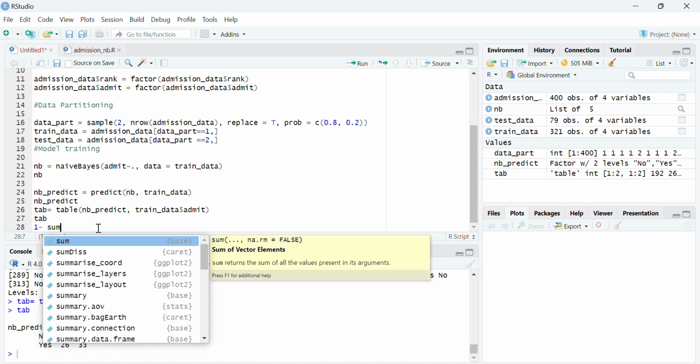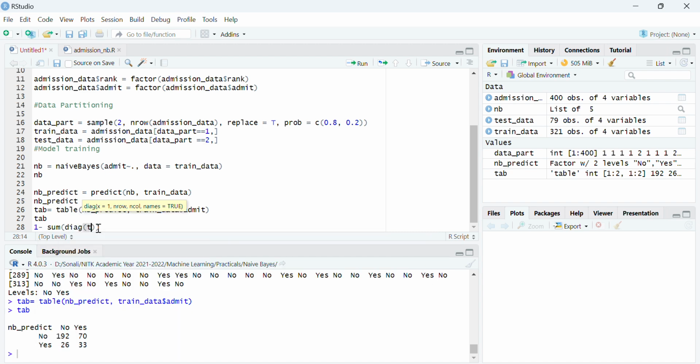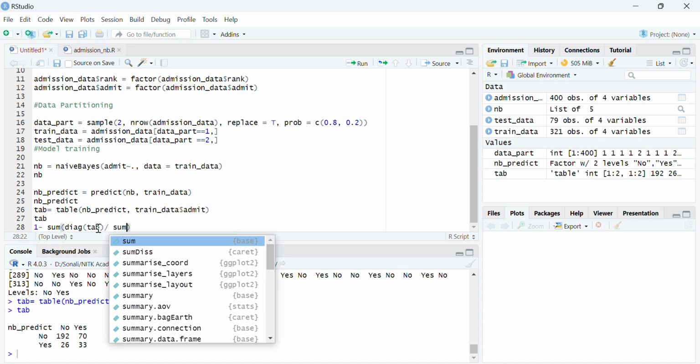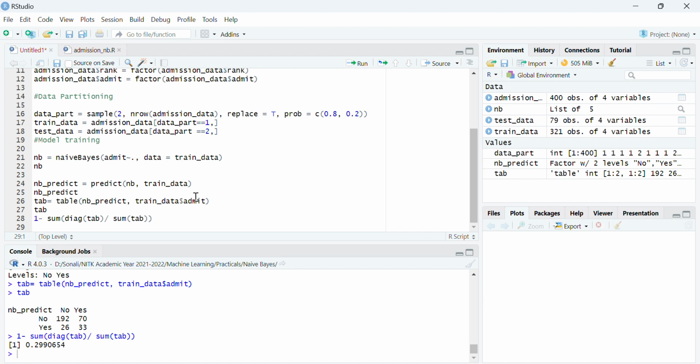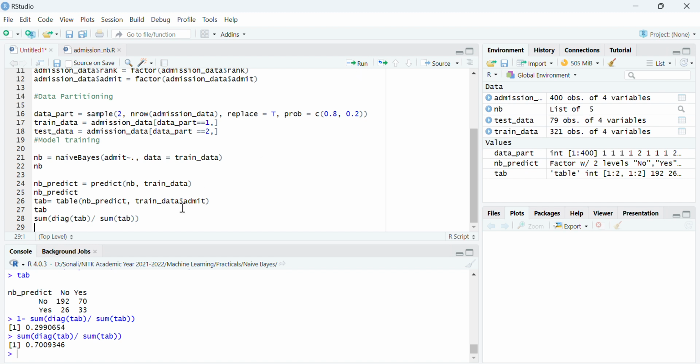So the sum of diagonals of the table divided by the sum of all the elements of the table will give you the misclassification error, that is 29%. If you want accuracy, that is the opposite of it. It will give you the accuracy, that is 70% accuracy you are getting.